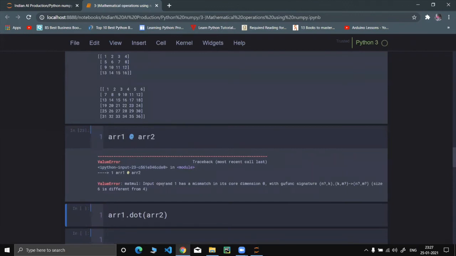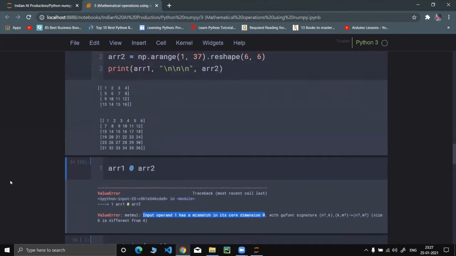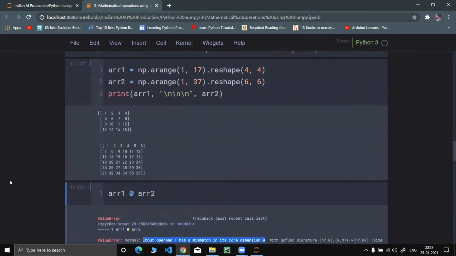No, see, it doesn't work because of the core dimension, see over here. Input operand 1 has a mismatch in its core dimension 0. Dimension 0 means, is it a row? Is it the row?